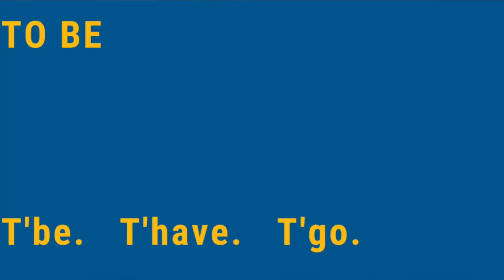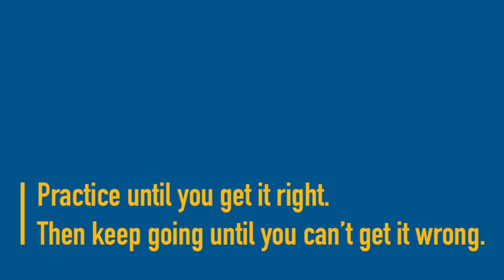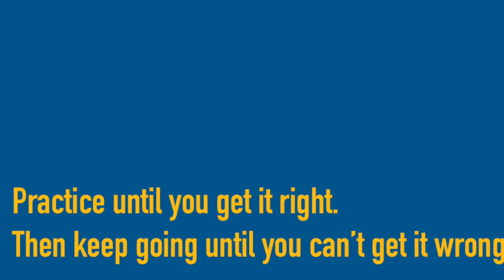All right, there it is, you guys. Very simple. To have, to be, to go. Very important thing. Practice it. A very important thing to remember is that you don't want to remember this technique in the test. You want it to be internalized. You want it to be a habit, which goes to the point, language is a habit. So practice till you get it right, then keep going till you can't get it wrong,